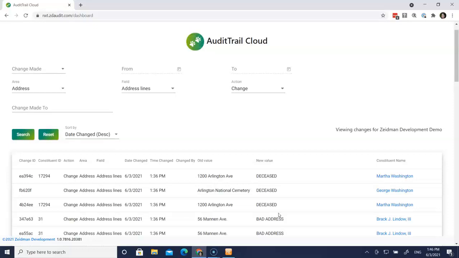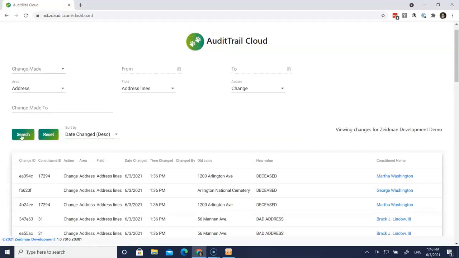So we can actually find this bad data. We can update it on multiple levels. We can fix that address, we can fix that deceased checkbox, and we can work with all of that in order to best manage this tool. So another piece that I do want to point out while we're here in our viewer